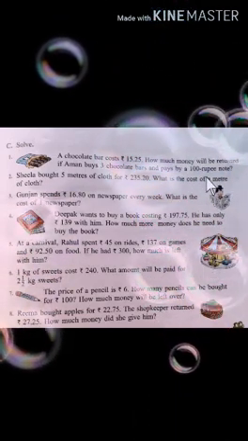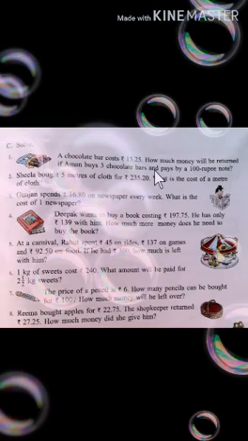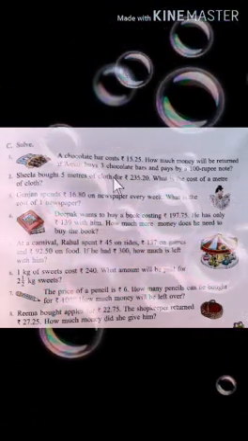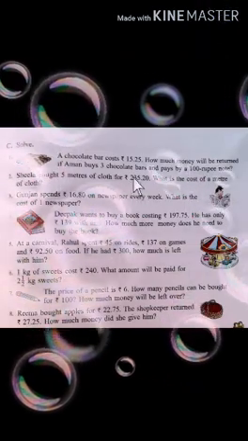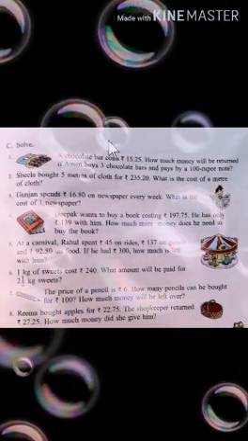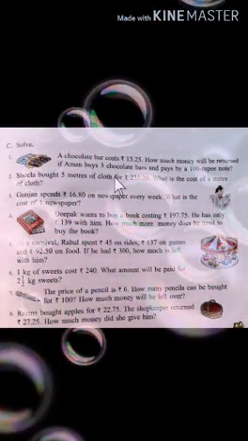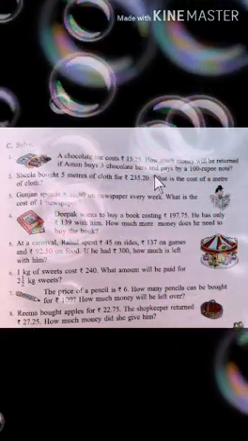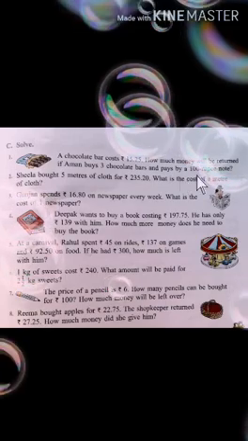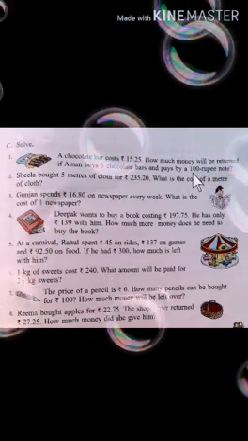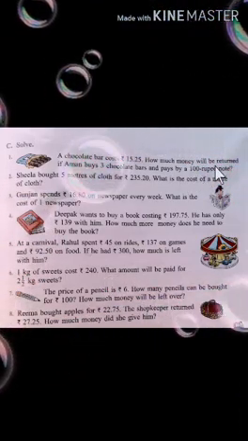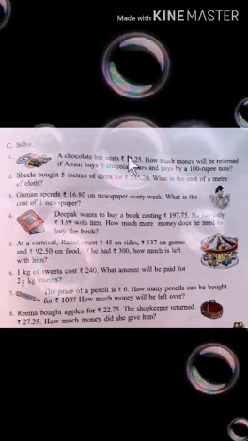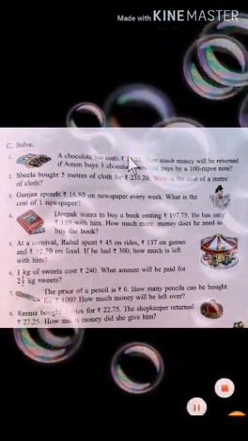So students, check it. How will you solve? A chocolate bar costs rupees 15 and 25 paise, but Aman buys 3 chocolate bars. It means first of all you have to find out the cost of 3 chocolates by multiplying by 3. Then he pays with a 100 rupee note. Then the money is returned by the shopkeeper. Subtract the cost of the chocolate bars and get the answer. So check it. How will you solve it?